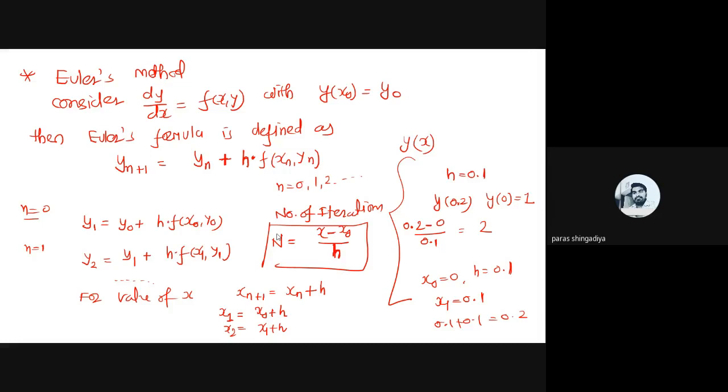Okay, good. First step, consider f of x y and y of x0 y0, from which you have to take x0 y0. h will be there in the example. Then check the iterations, how many iterations you have to derive. And then write the formula. The main formula is this one, yn plus 1 is equal to yn plus h into f of xn yn. And then find the iterations. You can prepare a table, or you can repeat the iterations y1, y2, y3 in sequence form. We'll solve in both ways.